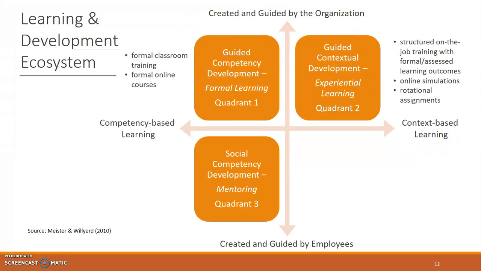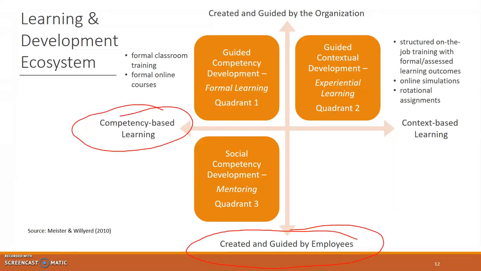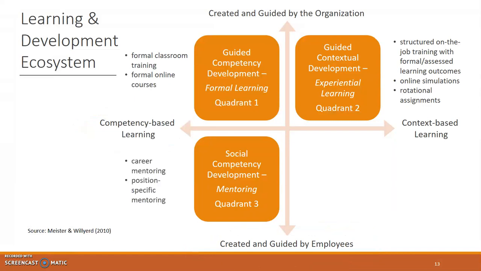So our next quadrant is quadrant 3, and here we are back over on competency-based learning, but now we're looking at programs that are created and guided by employees. And mentoring falls into this category. So we can talk about career mentoring, we can talk about position-specific mentoring. All of these different types of mentoring are useful, and again, in the best programs are really created and guided